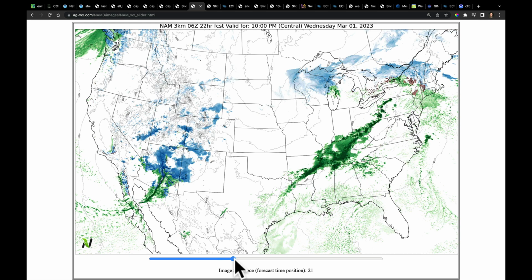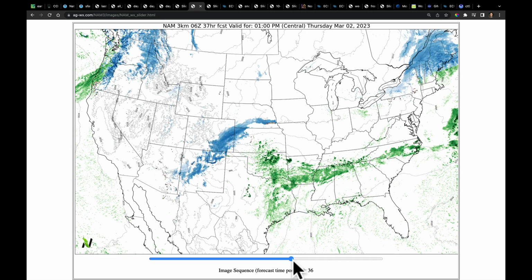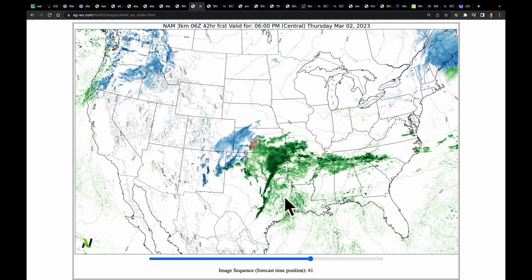Now, one thing I don't want to leave off is there was a wave that came through North Dakota and South Dakota that's moving through Minnesota and Wisconsin, adding a bit more snow. But watch the system that follows all of this. So this is now getting into Thursday midday, playing into Thursday afternoon and evening. Now if I just rock back and forth over Thursday afternoon and evening, we can now see the potential for